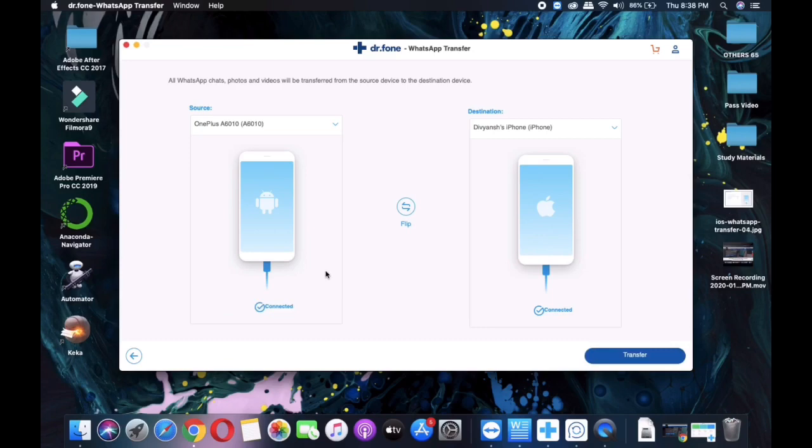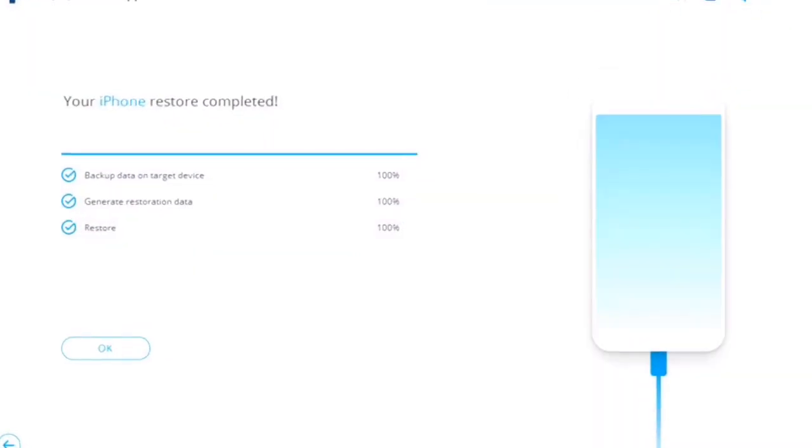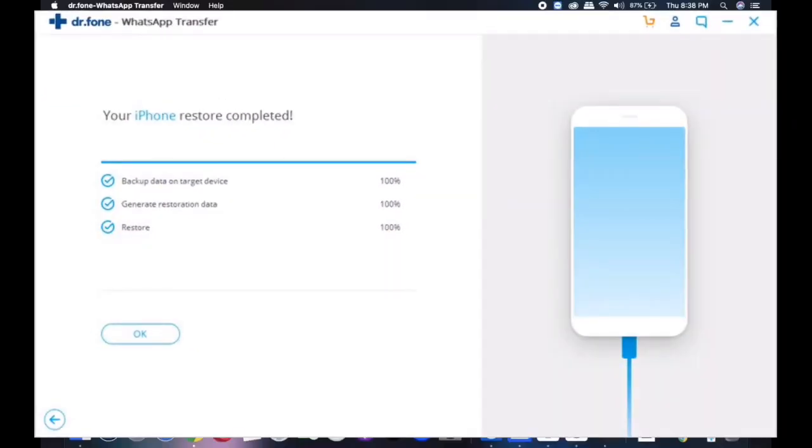Now once the devices are recognized, and when it shows connected status on both of the phones, just press the transfer button and it will start transferring the WhatsApp data, including messages, medias, documents, from the source phone to the destination phone. Now you just need to finish the transmission, and it is an automated process, and it hardly takes 5 to 15 minutes depending upon the total WhatsApp storage you have on your source phone.